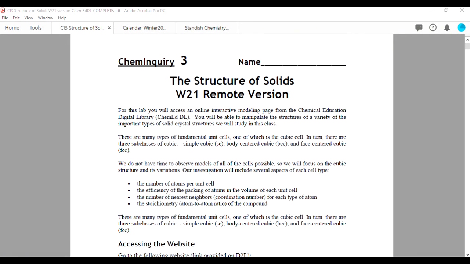Okay, welcome to Chem Inquiry 3, the structure of solids. This is a fun lab where we're going to look at, on the atomic and molecular level, some of the solids that we investigated in Chem Inquiry 2. We're going to see some simple cubic cells, some different types of ionic cells, and look at some covalently bonded substances and see what type of shape they take on the atomic